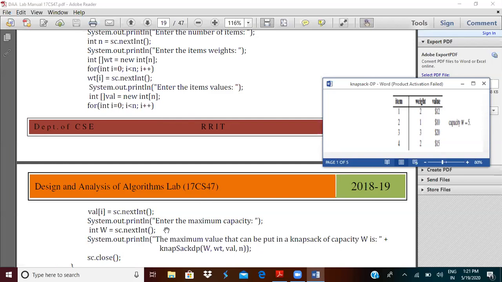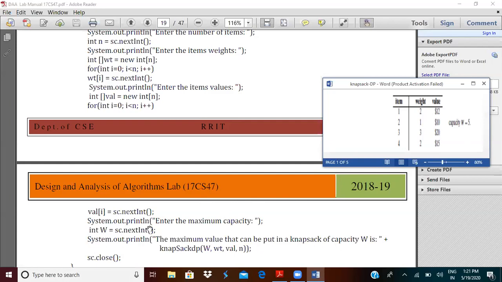Next, it will ask enter the maximum capacity. This is the maximum capacity, capacity W is equal to 5. Enter the maximum capacity: int W = sc.nextInt(). Whatever maximum capacity I enter through the keyboard would be fetched through the Scanner class and stored inside the W variable.